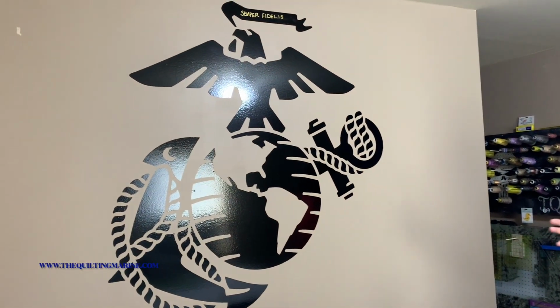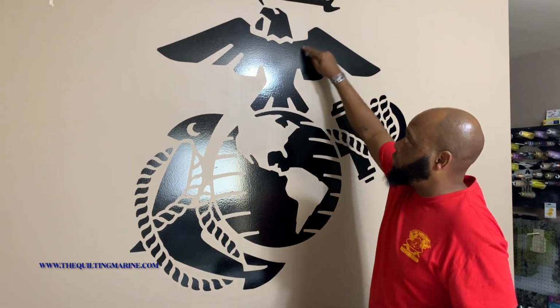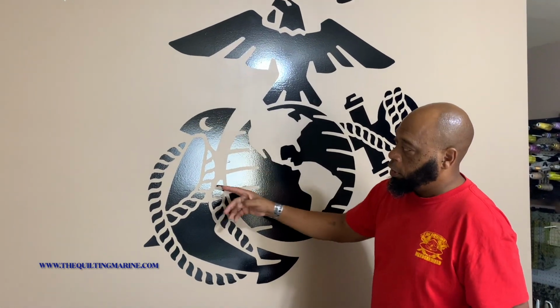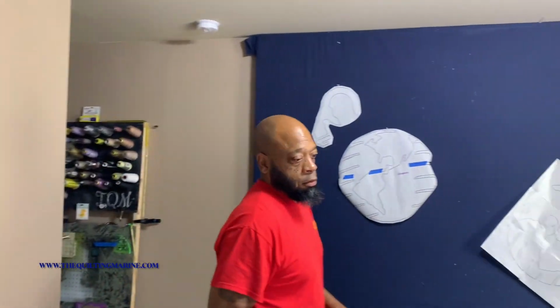So what I did was I traced it out on tracing paper, right? But remember, we've got to reverse this, because it's going to go on fabric. So I had to trace this and then reverse it. I traced out every individual piece by itself. Now the rope that creates the fouled anchor, we're going to do separately. Let's worry about that later down the road. I'm just worried about the big pieces right now, okay? So I traced out every big piece, and then I brought it over to my trusty dusty